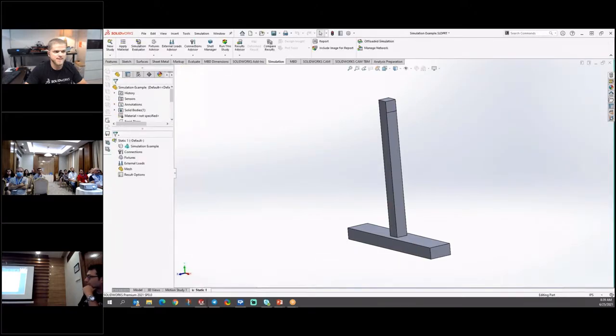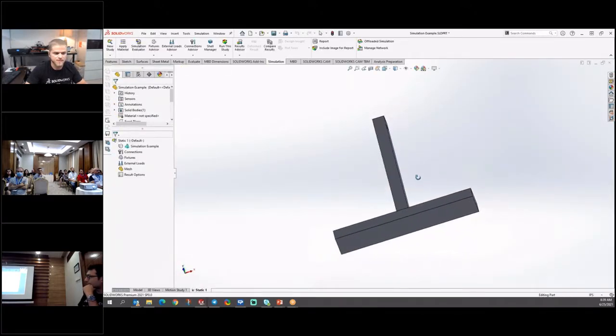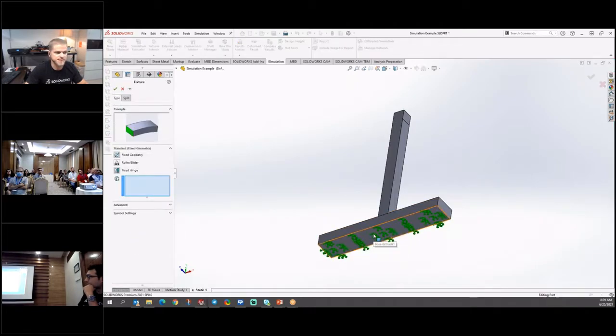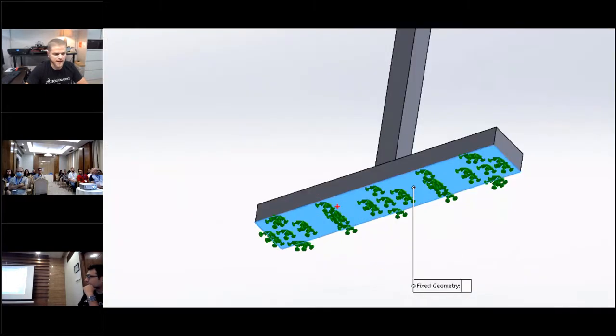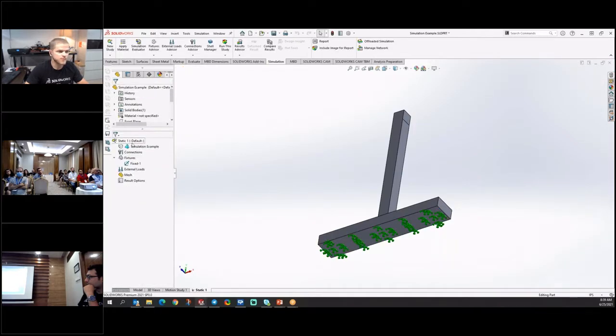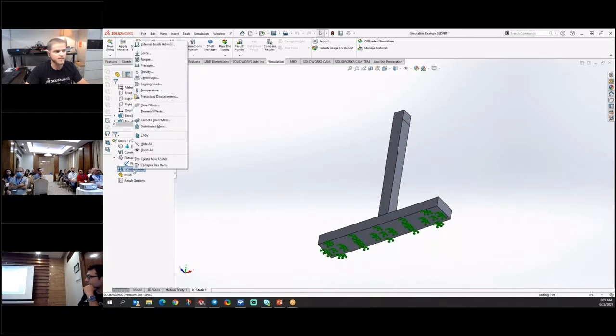If I have a brand new study here, I have just a plain old basic sample part, right? There's nothing too special to this part. But what simulation allows you to do is if I pick this fixture and say we're going to select some fixed geometry, you're basically making an assumption that this face here is fixed, whether it's welded or glued or screwed down, whatever the case is, you're making an assumption that that face is fixed and it cannot move. All right, so that's our first rule.